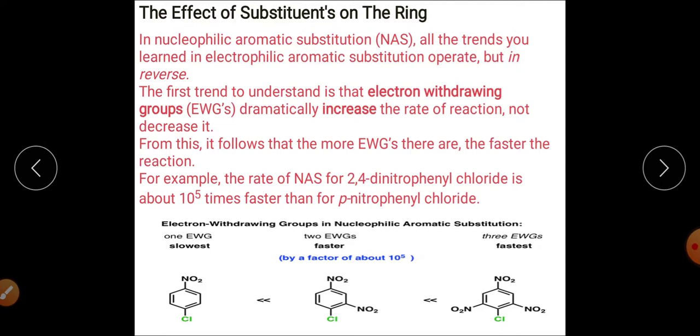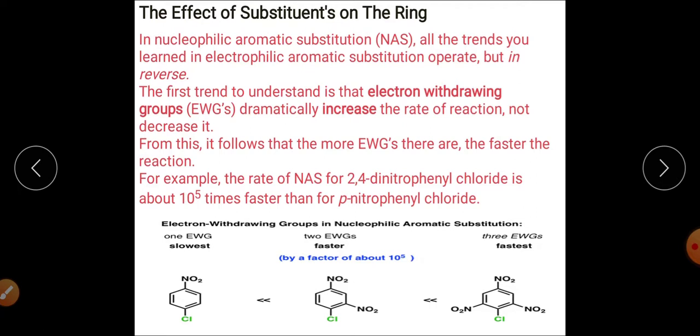So you have seen a trend actually, that when electron withdrawing groups are attached, at that time the rate of aromatic nucleophilic substitution reaction will be fast. So here is an example: in this particular substrate, you have 3 NO2 groups, which are electron withdrawing groups. Here you have only 2 NO2 groups, and here you have only 1 electron withdrawing group. So the rate of reaction will be slowest in this case and fastest in this case, because 3 electron withdrawing groups are here, because